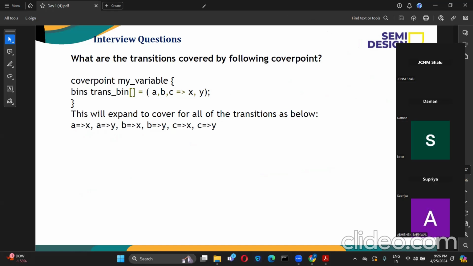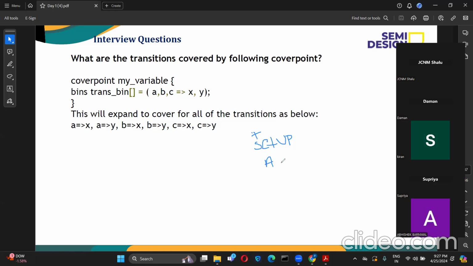You were saying something? Can we have the same value on both the left side and the right side? Let's say A, B, C and A, X, Y. Yes, for example, if it is some state, here it is some value. If it is some state, that also makes sense, because sometimes here it will be no state. For example, we have the APB protocol with a setup phase and an access phase. There could be a scenario where in the setup phase one data is started, setup is done, and then we are in the access phase.